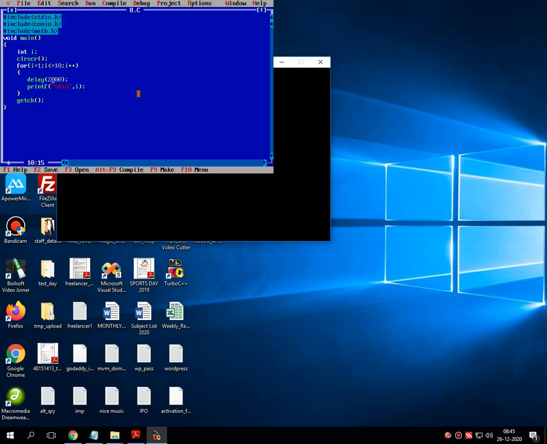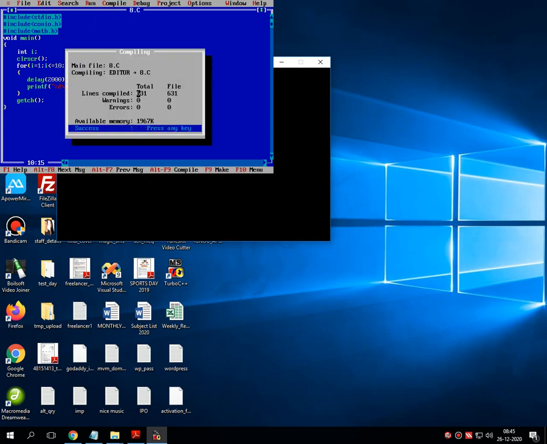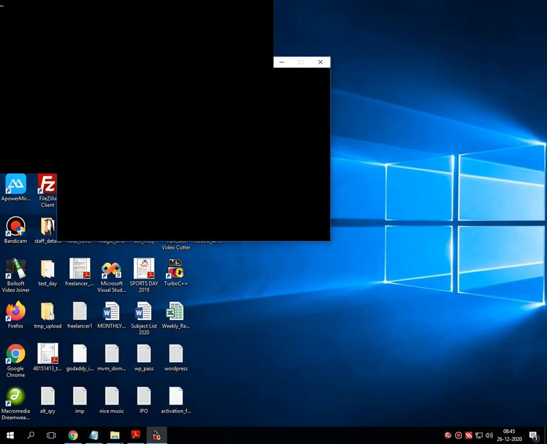Suppose I am increasing the time interval. What it does? 1, then there is a delay, 2, then there is a delay, 3, again delay, 4, delay, 5, delay, 6, then delay, 7, delay, 8, delay, 9, delay, 10, and there is a termination of the loop.